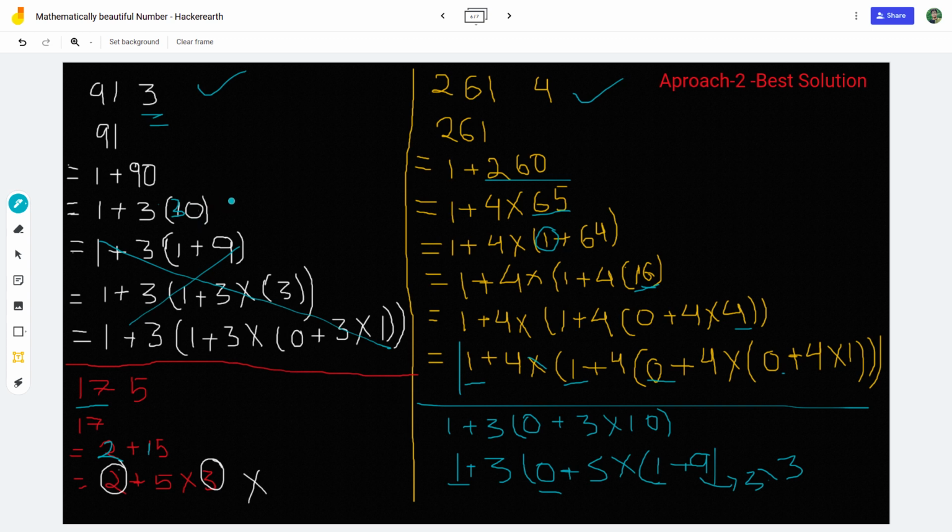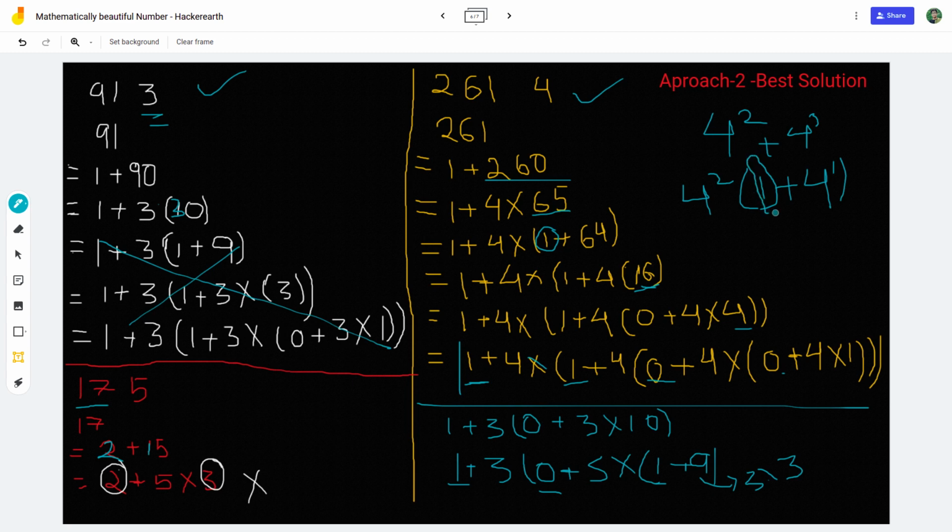So both of these have this one as either 1 or 0, as I explained. It's something like if we write 4 to the power 2 plus 4 to the power 3, and take 4 to the power 2 common, then we will have 1 plus 4 to the power 1, correct?